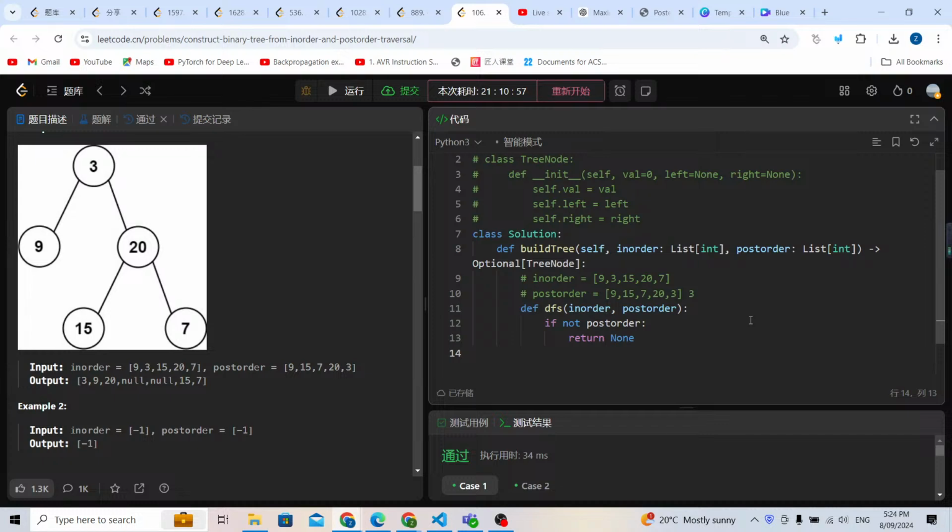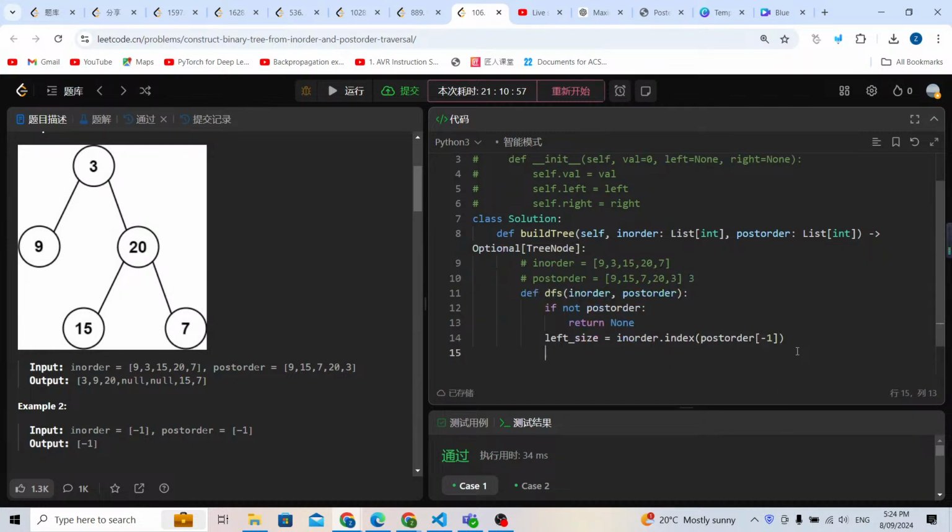And then we're going to check the last node. We're going to check the size for this Inorder array. So I'm going to prepare a left size. It's going to be the Inorder.index. We need to find this 3, and it's going to be the Postorder of -1. So in this way we know that the left side is going to be 1, and we can calculate